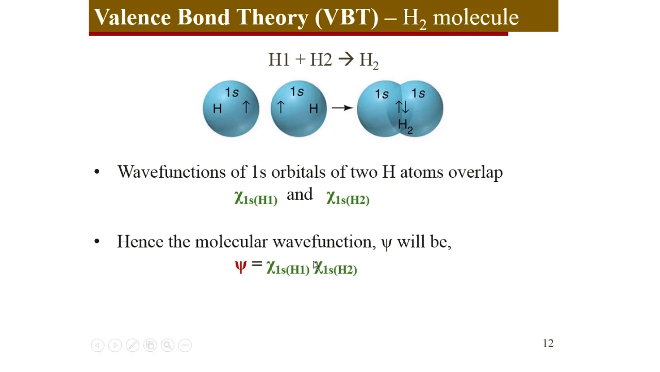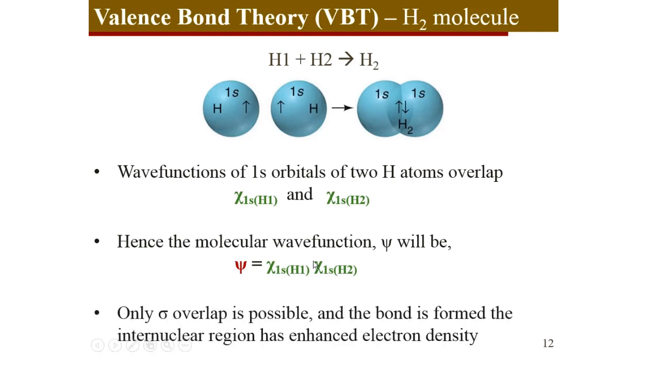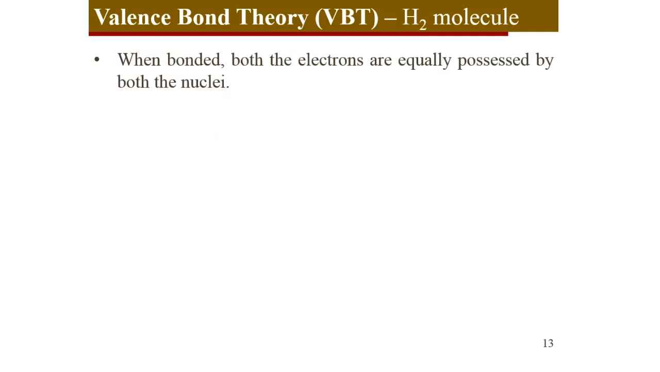And we know s is a cylindrically symmetrical, or spherical, orbital, therefore it can undergo only axial overlapping, and only sigma overlap or sigma bond formation is possible between the two. And the wave functions